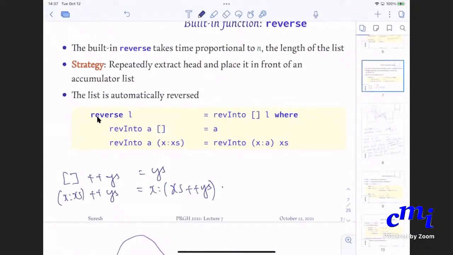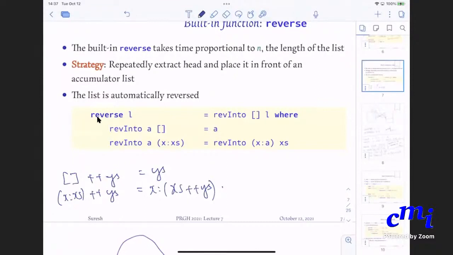No, it is not square in this case. If you do the naive thing, it will be square. Time proportional to the square of length was the earlier version of this. This is just time proportional to the length of the list. So we'll see this in detail later.